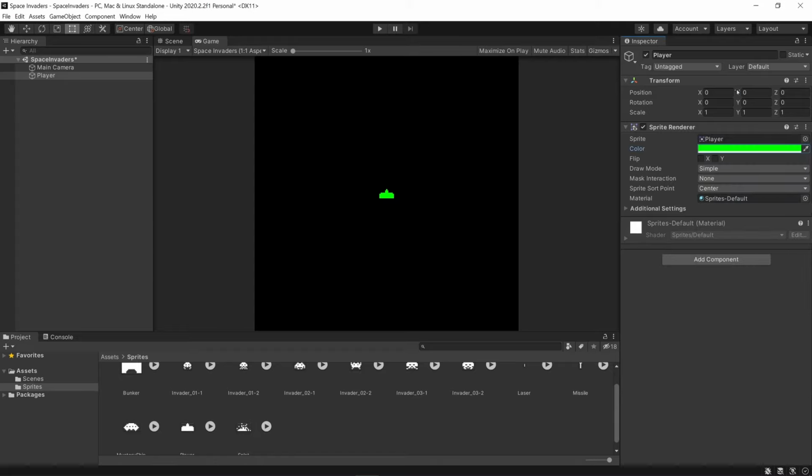Looks good, and let's move it towards the bottom of the screen. Let's say -13, looks good. There's a little bit of space between the bottom edge and where the player is. Now I also want to add one more component to this object, which is going to be our box collider